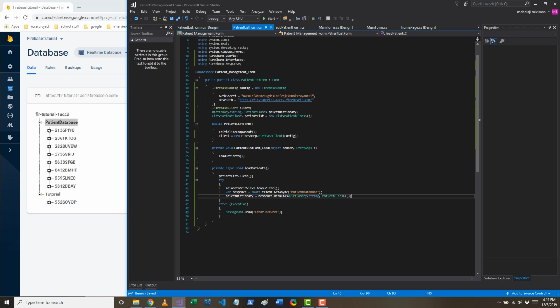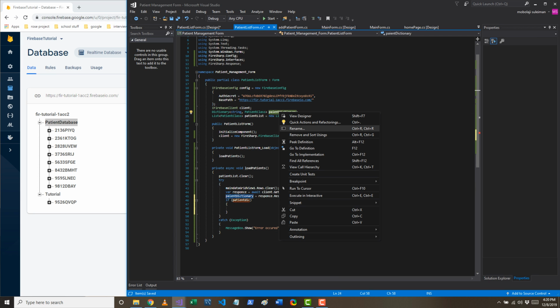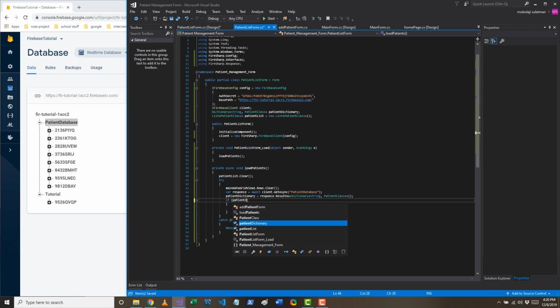So clear the data grid view, declare a response object getting all the information from the patient database, and then store that response into the patient dictionary as a dictionary of type string and patient object. Then I'm going to write if the patient dictionary doesn't equal null. I wrote that incorrectly, so I'm going to rename it. Patient dictionary. Good. So if patient dictionary doesn't equal null,